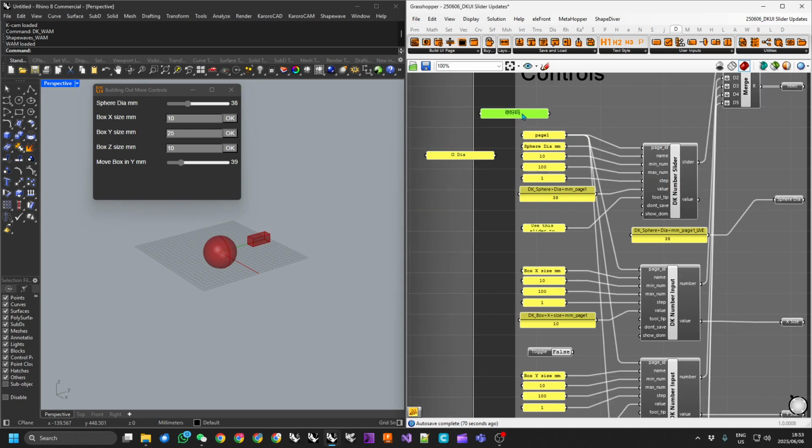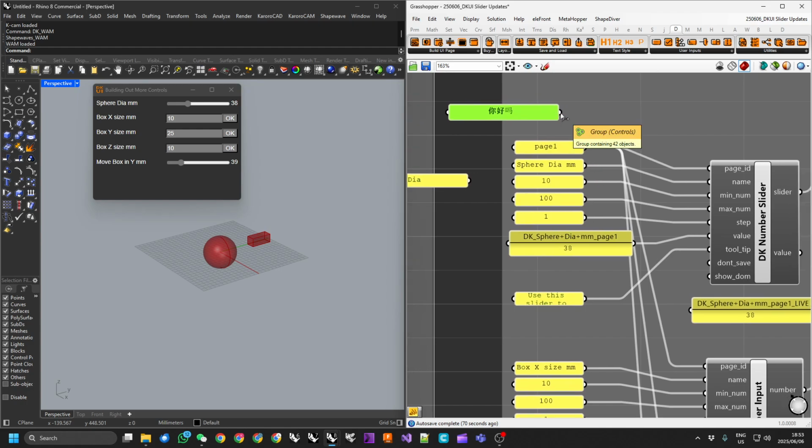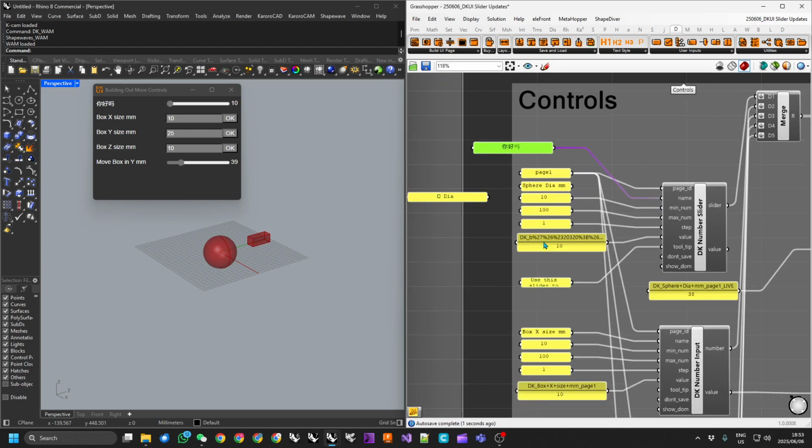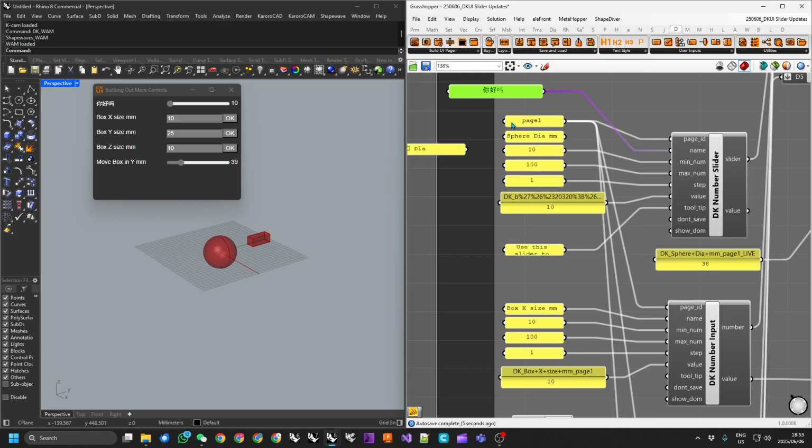So if we grab this Ni Hao Ma in Chinese here, and plug that into the name, we will update, and we will have an encoding of